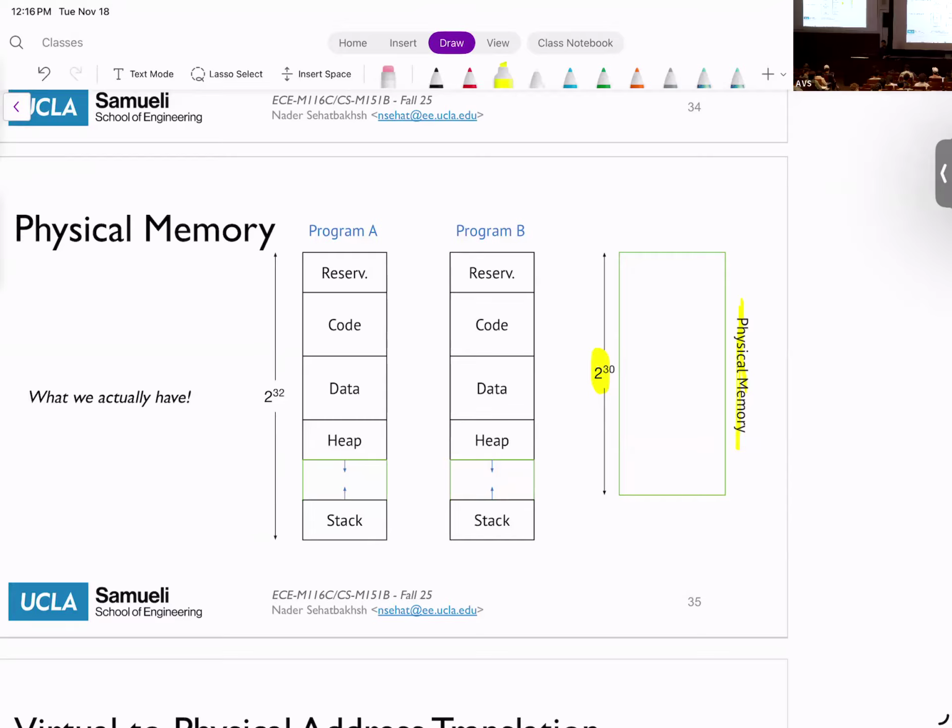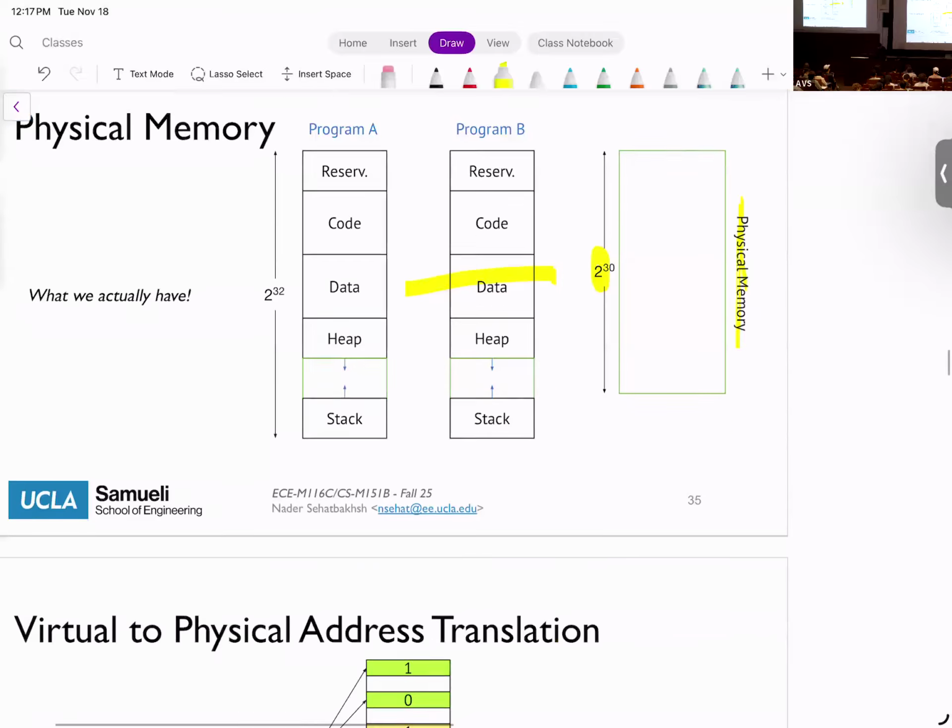You can get like 32 or 16 or 8. Cell phones usually have less. So generally, what you have is what you install in the system. It's not like you have 2 to the power 32. You might have more, you might have less. So there needs to be some form of a mapping between this virtual memory and this physical memory.